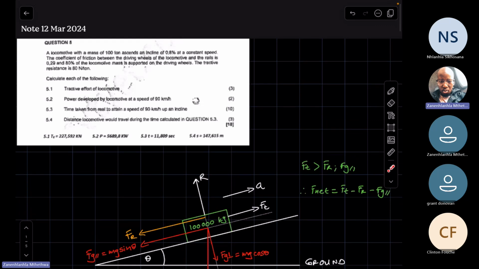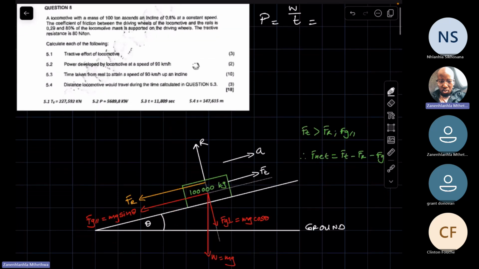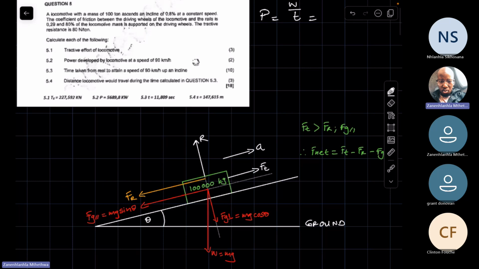Right. Let's look at 5.2. Power developed by the locomotive at a speed of 90 kilometers per hour. Again, in N3, we learned that there are a couple of ways we can express power. Power in general is the rate at which work is done. So to calculate power, you can use work done over time. Now that work done, remember, if you have an object and it's subjected to forces,